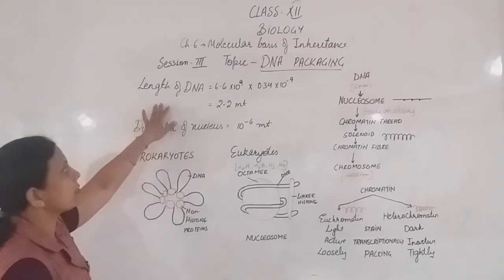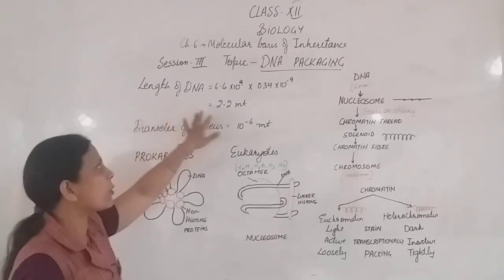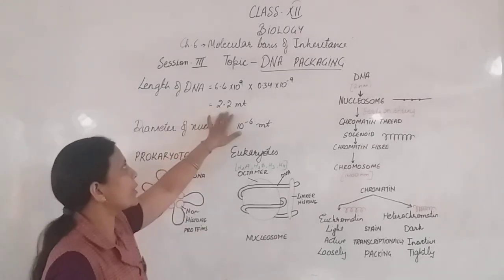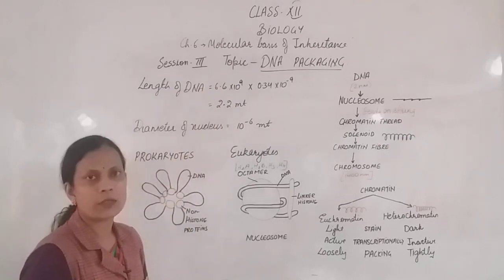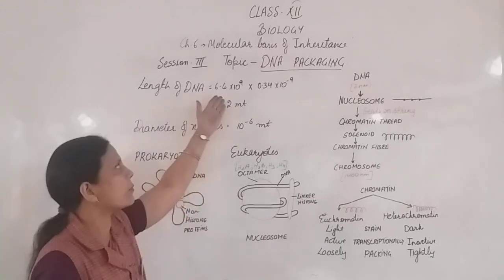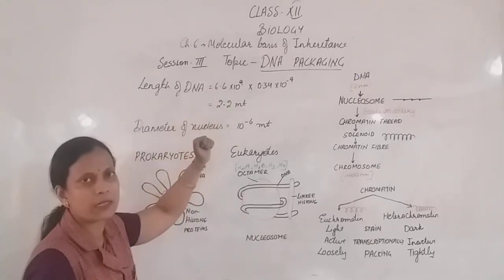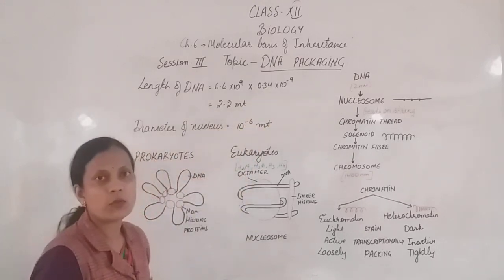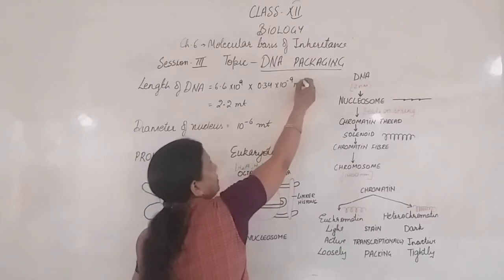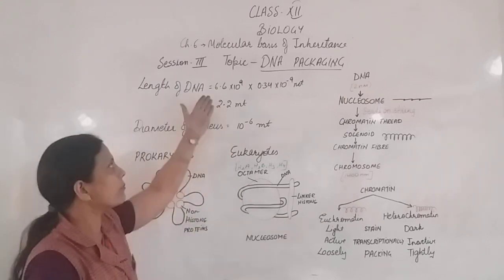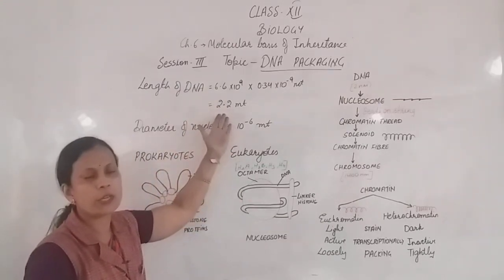The reason behind this is the length. The length of DNA is about 2.2 meters, which is more than our own height. So how does it come to 2.2? We have a diploid genome, a diploid set. Each set has about 3.3 × 10^9, that is more than 3 billion bases, and the distance between two consecutive bases is about 0.34 × 10^-9 meter. So this is the length between two consecutive base pairs, and these are the number of base pairs, so the length comes to about 2.2 meters.